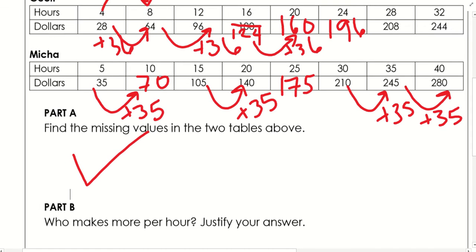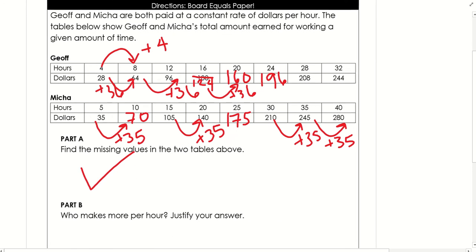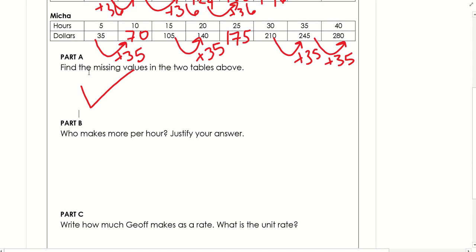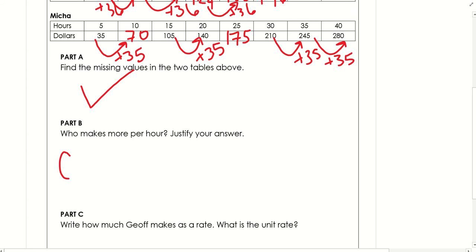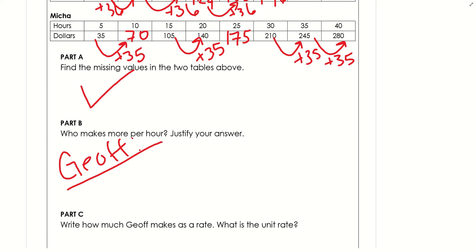So if I go back up to my table, I notice that Jeff, his initial dollars per hour, I notice that he makes $28 for every 4 hours. I notice that because I'm looking right here at this first column in my table. He makes $28 per 4 hours. So I am going to write his name down so I can keep my names straight. Jeff makes $28